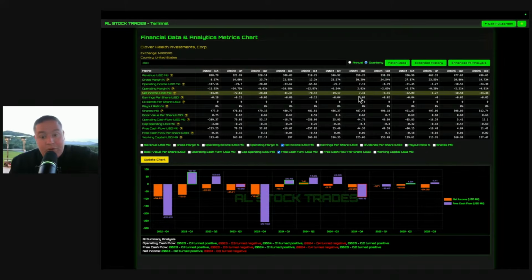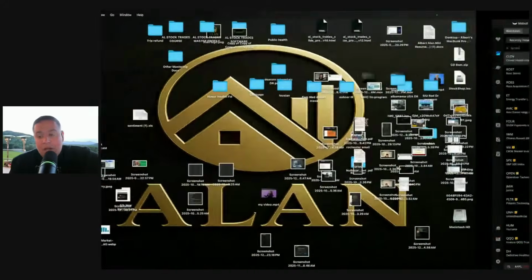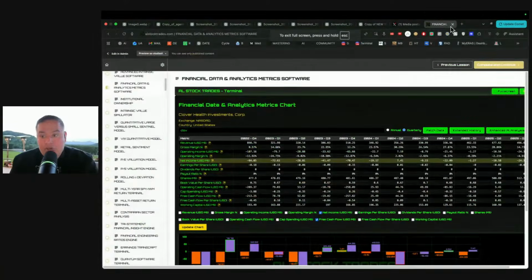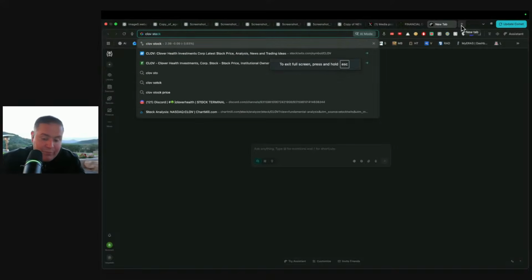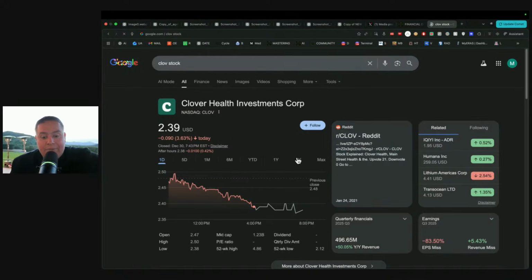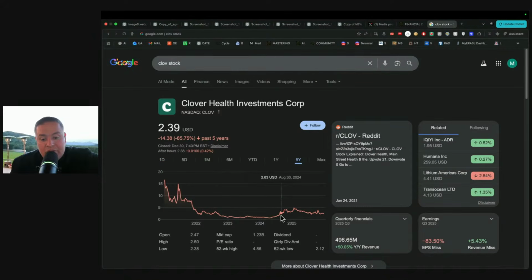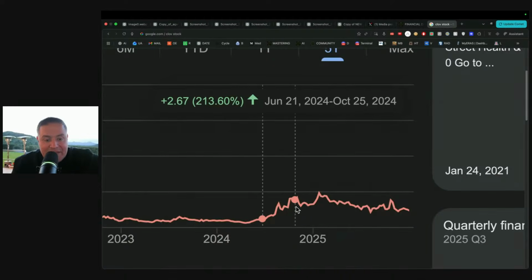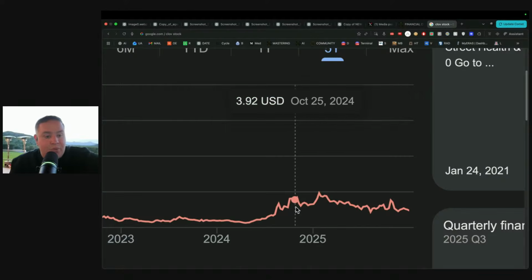7.41 million. So if you go to the stock price in Q2 of last year, which is about the halfway point, what happened to the stock price in Q2? Well, Q2 is around August, September, right? So what happened to the stock price when it became profitable? It exploded. The stock price literally exploded that second half, going all the way up to $4 plus because they were profitable in Q2.